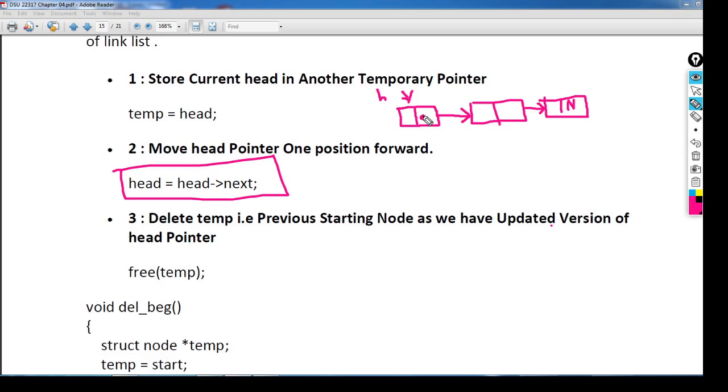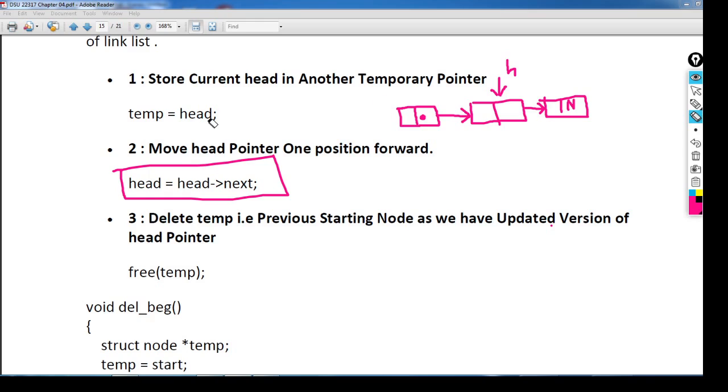So if you are storing whatever there is in this part in head, ultimately head will point to the second node directly, and the first node will be deleted. So this is the meaning of these 2 lines.